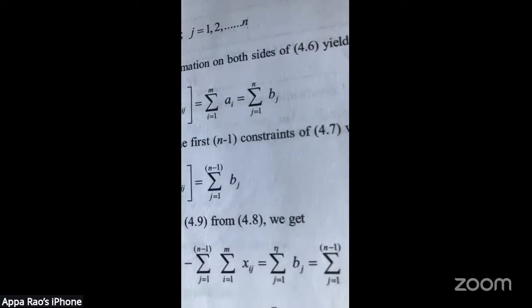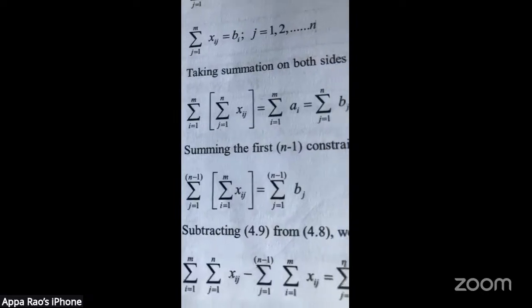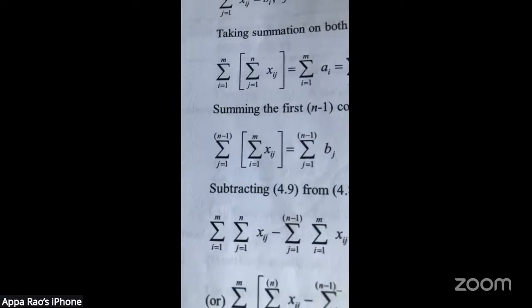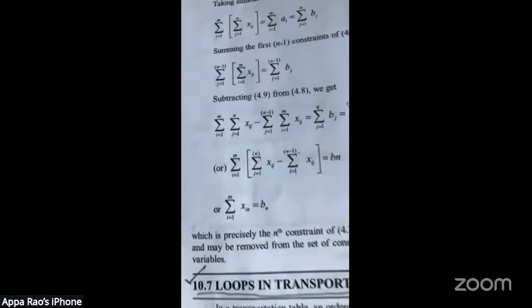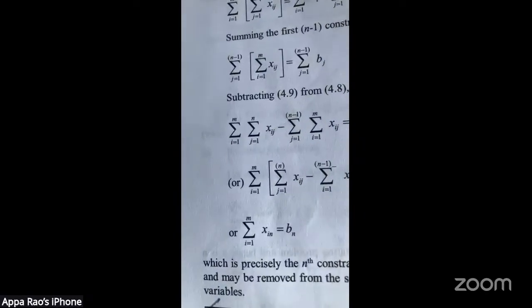Ai equal to sum over j equal to 1 to n of bj. So summing the first n minus 1 constraints, we get the sum over j equal to 1 to n minus 1, sum over i equal to 1 to m of xij, equal to the sum over j equal to 1 to n minus 1 of bj. So, subtracting 4.9 from 4.8, we get here the sum over i equal to 1 to m, j equal to 1